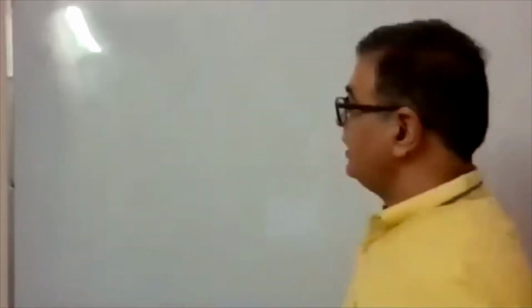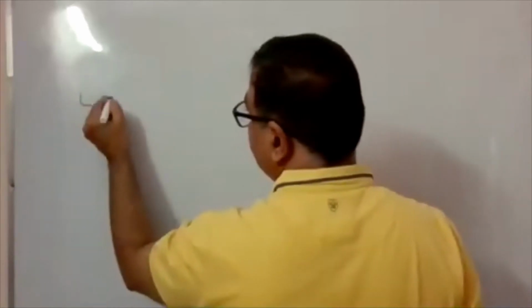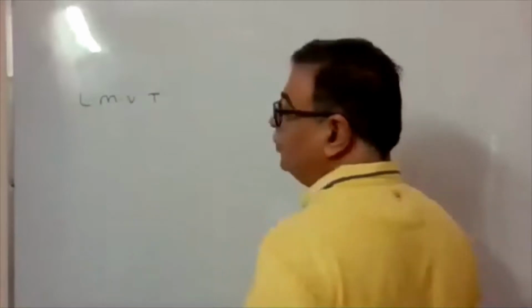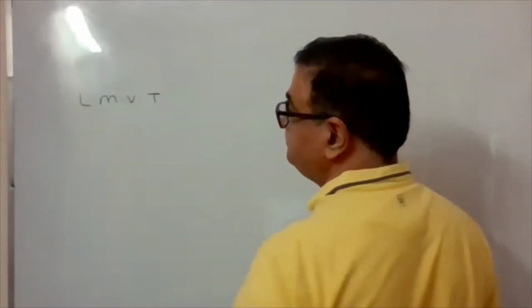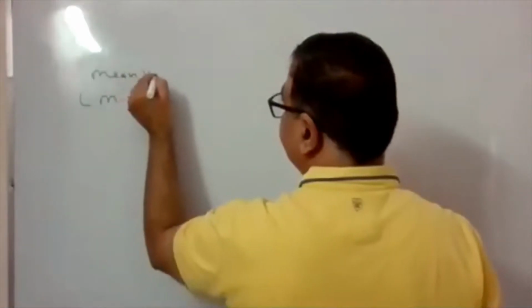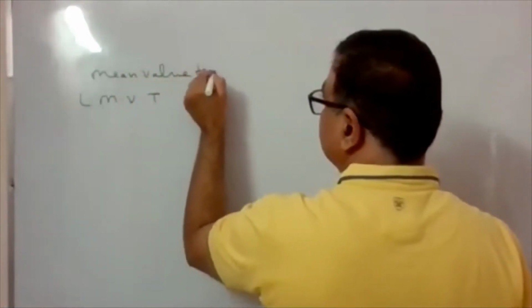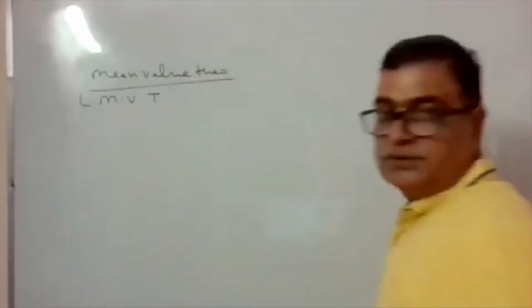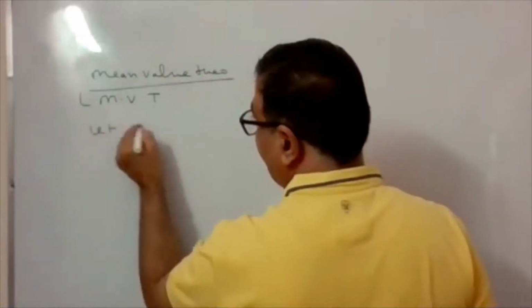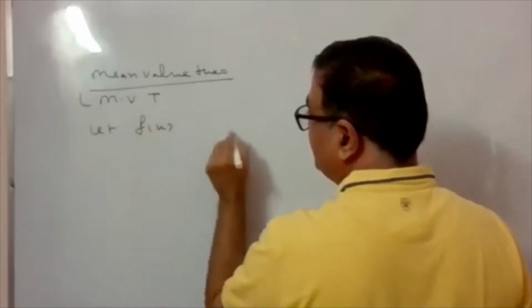So I just revise that first and then we come on our topic, that is increasing decreasing functions. So first LMVT, which I told you, Lagrange mean value theorem, also called as mean value theorem. And in this theorem, I told you, let f(x) be a real valued function